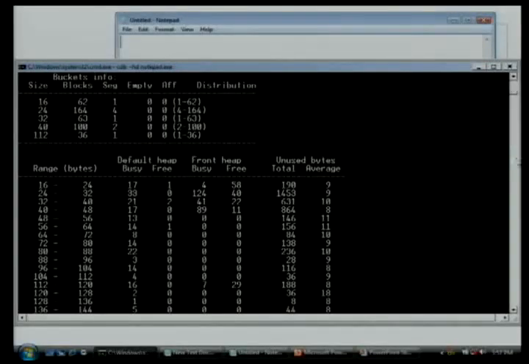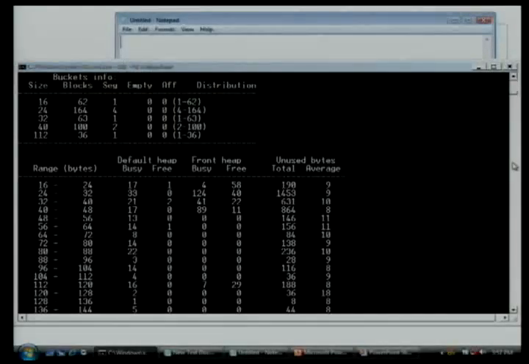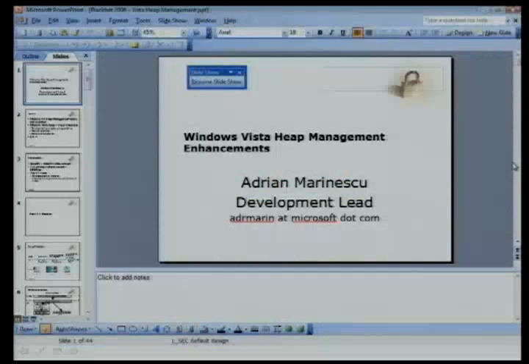This is very likely to happen for the most common sizes, or if we have contention on the heap lock. Okay, so